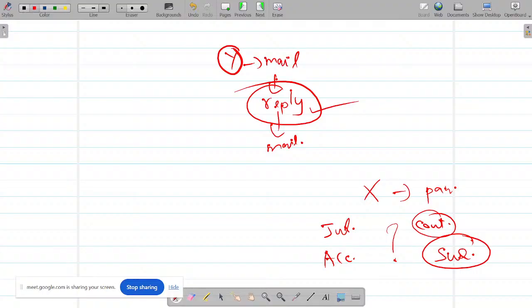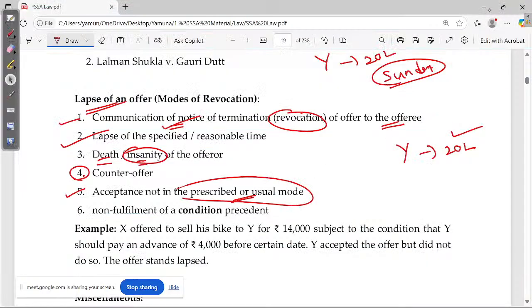It's a void contract. See, there should be an offer and acceptance. There is no acceptance. But I'm saying, sir, we had a meeting on Sunday, sir. He directly came to me. He said that he will purchase. So I gave the car, sir, and he's not paying. No, ma'am. There is no acceptance, ma'am. He'll say the only point is that acceptance should be in the prescribed or usual mode. Okay. What do you mean by usual mode? It is everything. Sometimes you go for online payment, and immediately get a receipt or acknowledgement. That's what you call the usual mode.